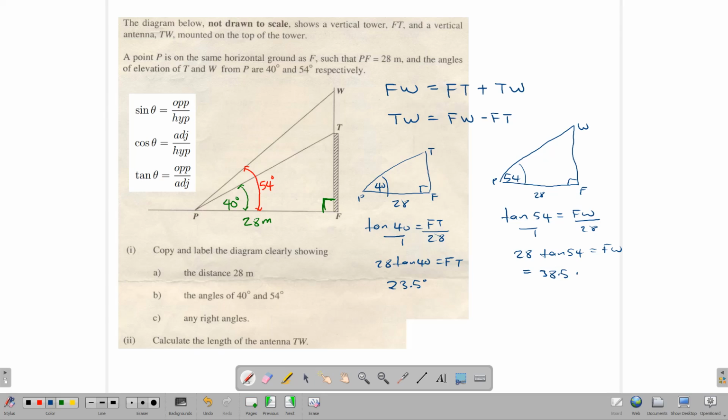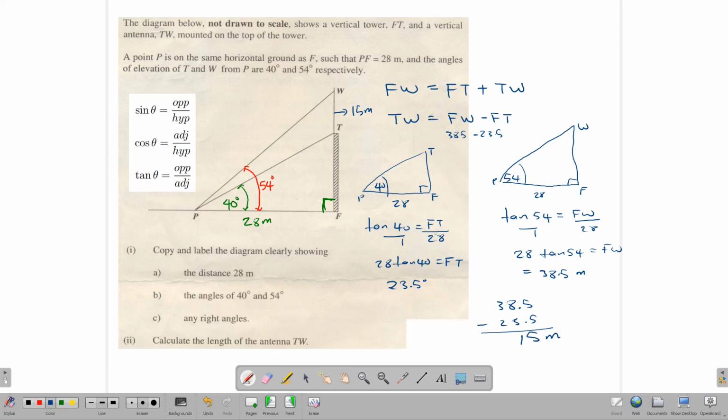meters. And so now all that we need to do is go ahead and subtract them. So the antenna would be equal to FW minus FT, which is 38.5 minus 23.5, and that gives us 15 meters. So the height of the antenna here is 15 meters. And so these are common questions that come up on your CXC paper that you should be